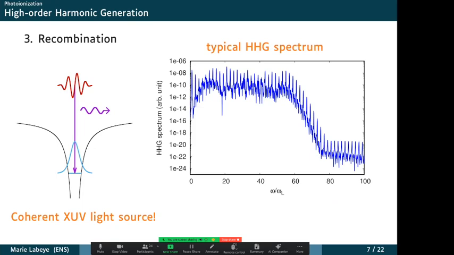So it's very nonlinear. The intensity of the very high harmonics are almost constant up to a point where it strongly decreases. That is called the cutoff. I won't enter into the detail of how we predict the position of the cutoff, but I can if that's of interest to you.